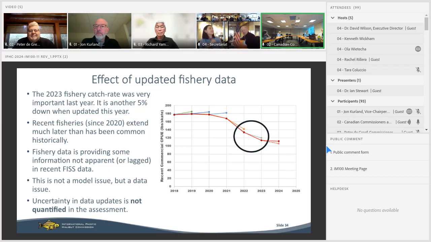Yeah, Paul, this is Bob. Go ahead, Bob. So a question to Dr. Stewart on this slide here. The 17% down, is that encapsulating any underestimations in the last 2 years? Yes. So this year's assessment is using the red time series here. So it's using the data that have been updated in both of those years, both 2022 and 2023. Okay. So we're using all the information we have right up to date.